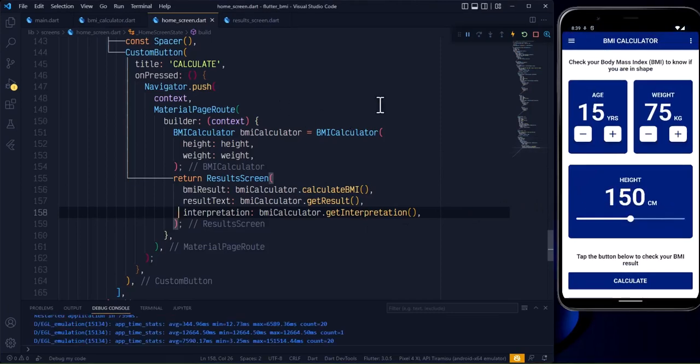Okay, so let's see if our logic works. I'm going to ignore the age, because that's just there to make it cooler. So we have the weight. So let's assume